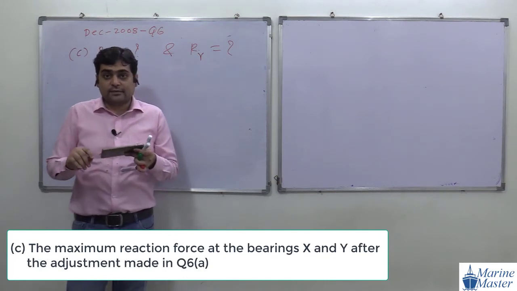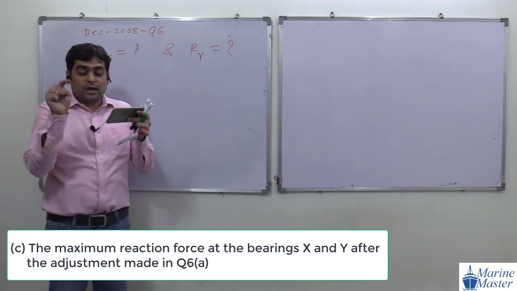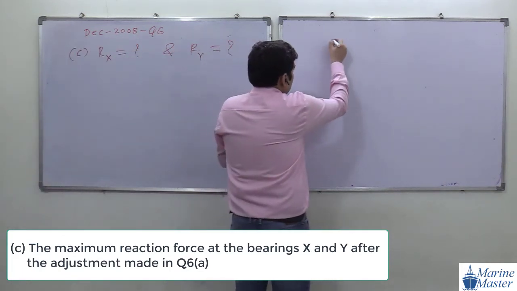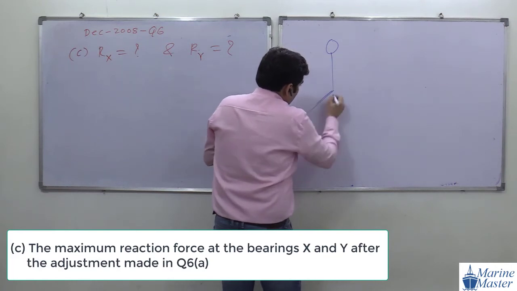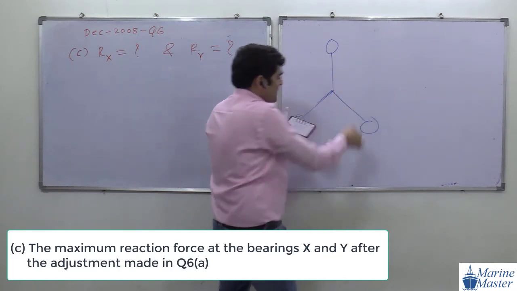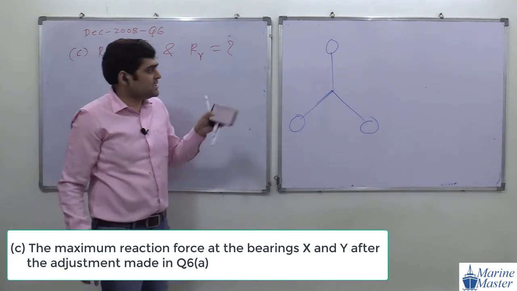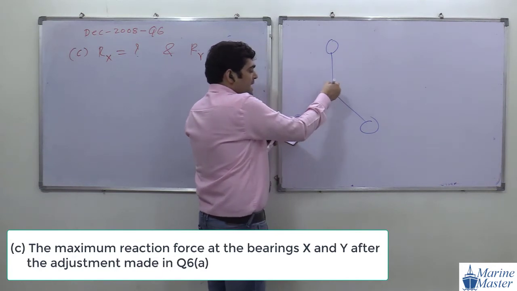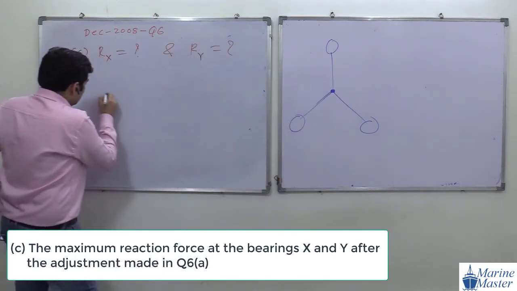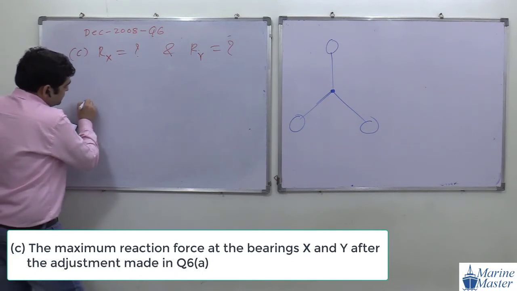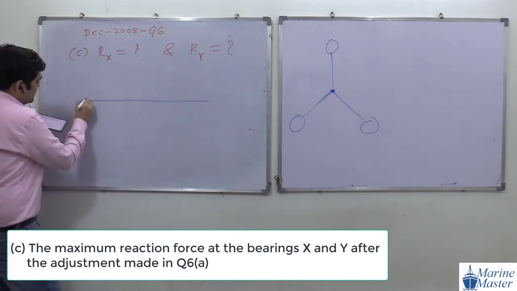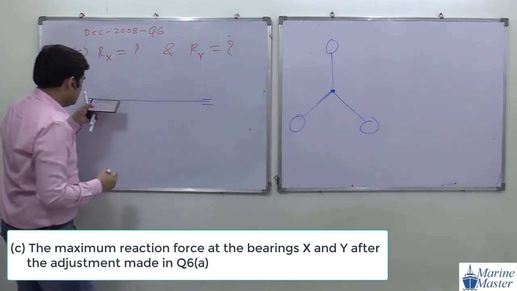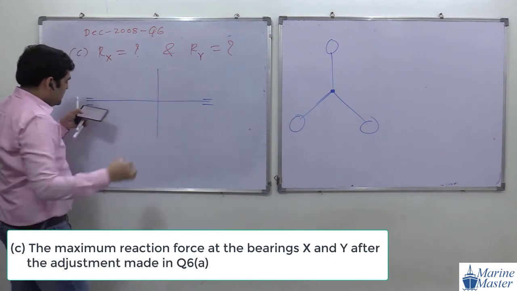Now here, they have shown a different view. Earlier we had drawn the earlier view. In this view, these three masses are attached to the shaft, and the shaft will appear as a point. But see the other view. Here is the shaft, these are our bearings, and these are the masses on the shaft.